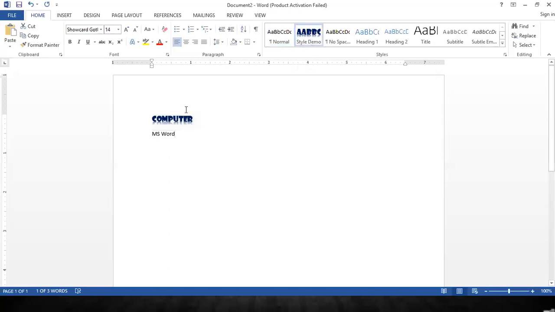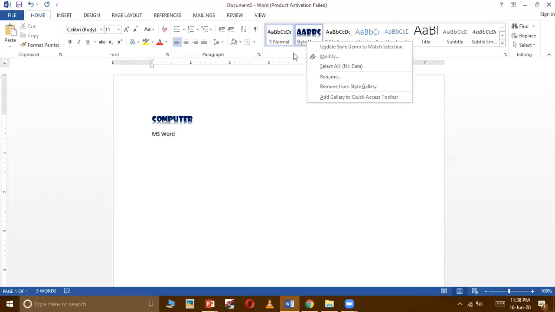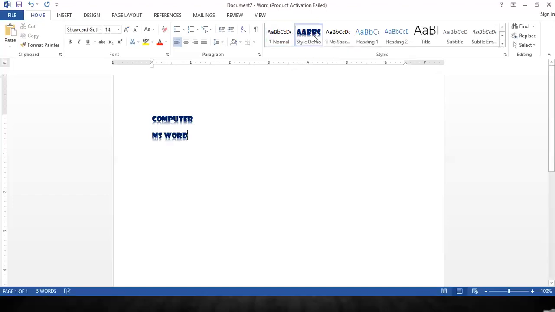As you can see, in the word computer, the style which we have created right now has been applied. Now if you want to make some more changes in this style, for example, suppose once you have saved it, but you can see that it is a heading, right? Computer is the heading which we have provided, and I want this to appear in the center, but it is on the left side. So I want that design to also be given in the styles only. So first you need to go to the style, then you need to right click on that style.